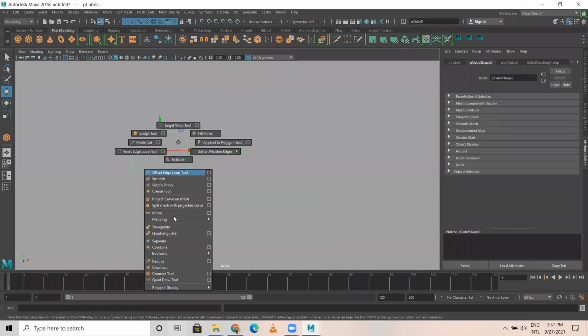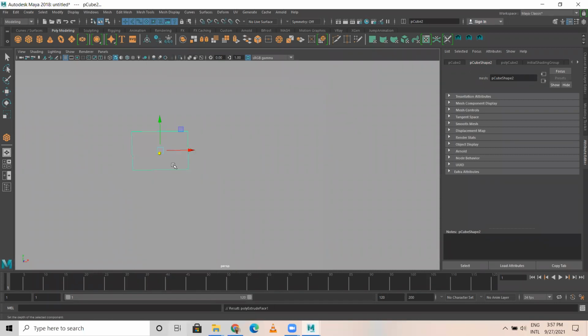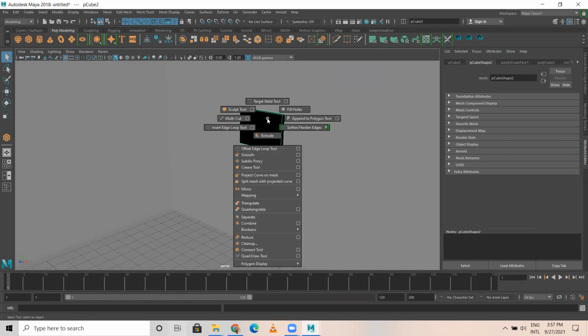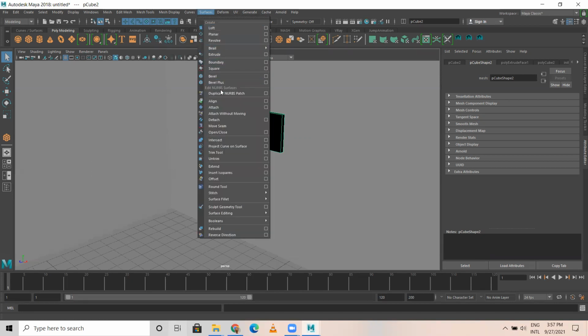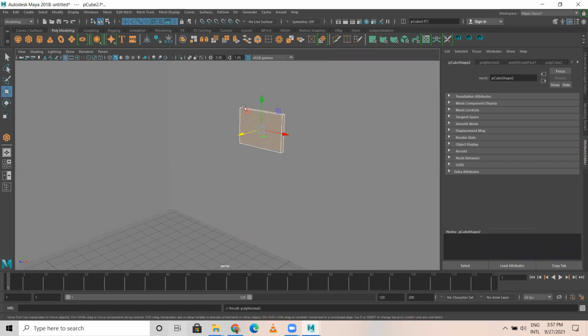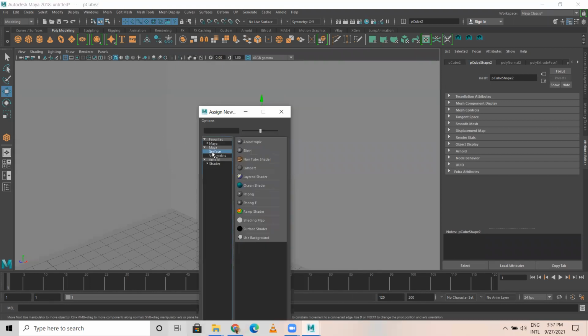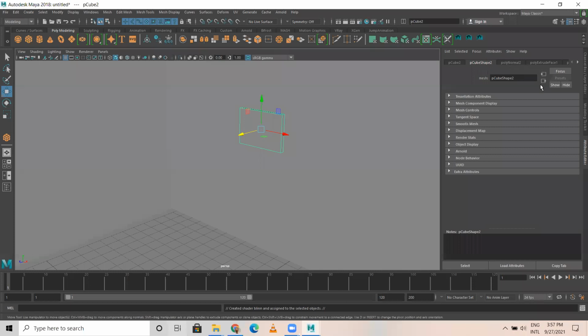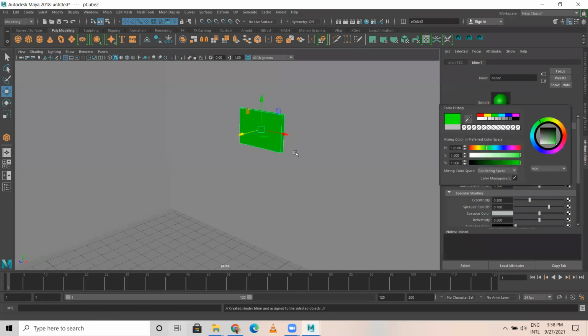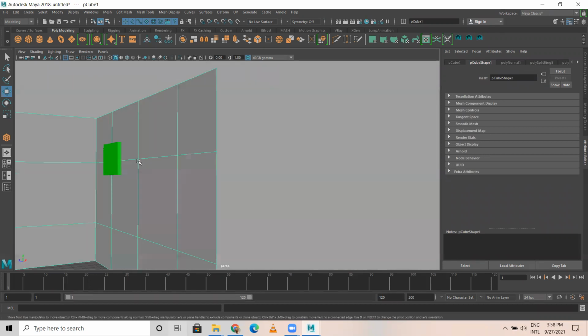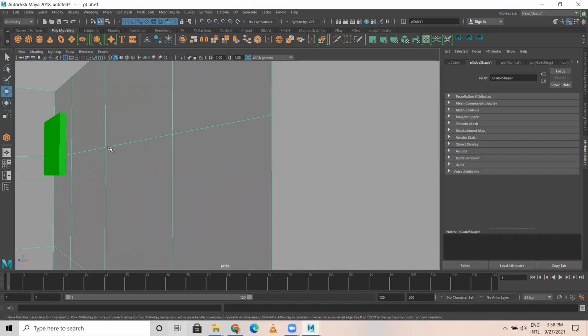Let me apply some material to this. Assign new material. So assume this is a photo frame.